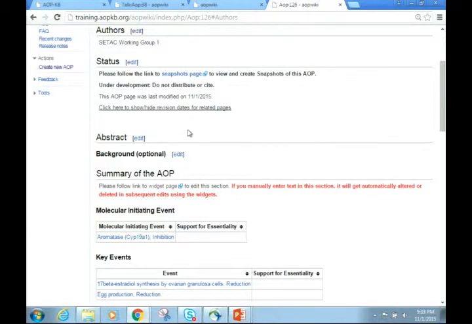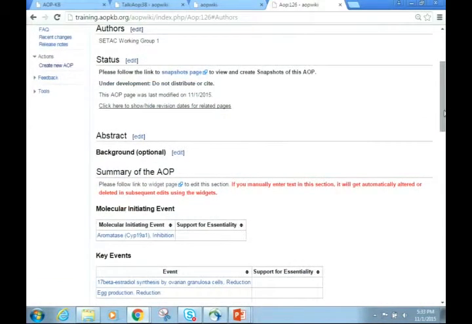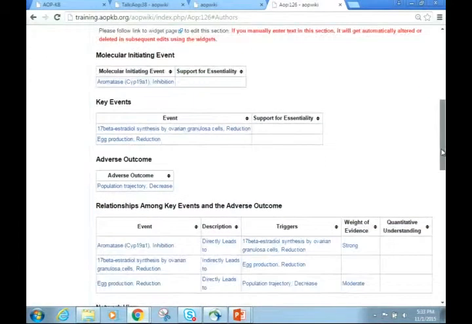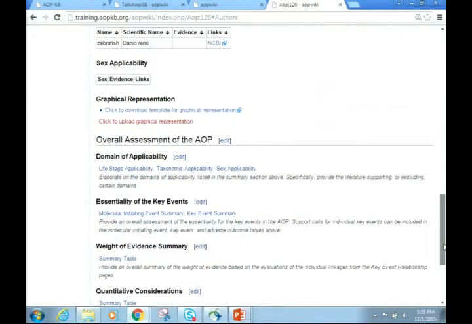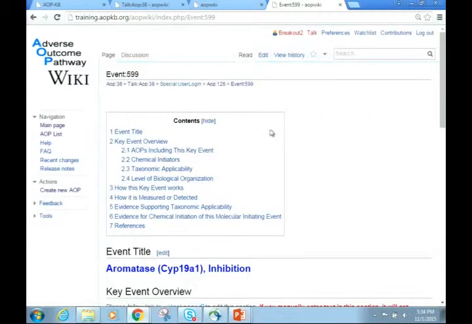There's going to be an edit link beside the heading. You click that edit link, it pulls up the box corresponding to that heading, you type in your text. If you know Wikitext, Wiki Markup, and want to use it, you're welcome to. If you have no idea what I just said, that's fine too. So that's pretty much it for how you would use the widget pages. Like I said, the other ones are very straightforward. You have these edit boxes on each page. You do have a handful of widgets on the key event pages.